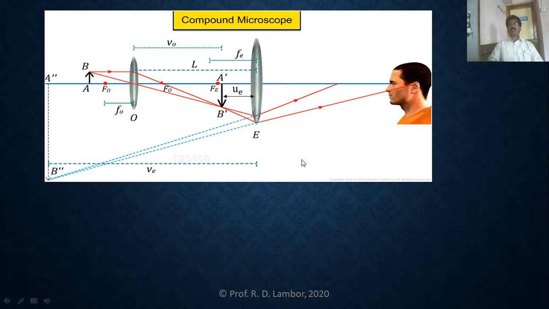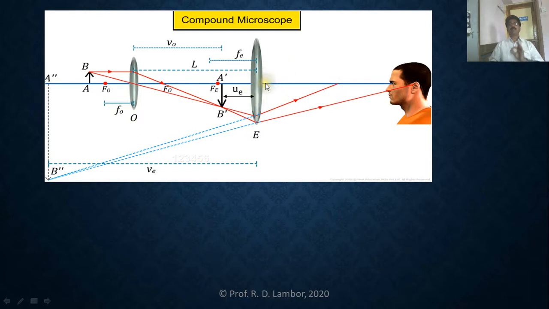So this ray diagram is again explaining formation of image by compound microscope, as there are two lenses, objective lens and eyepiece, and AB is the object, A dash B dash is the image formed by objective, and this image is acting as an object for this eyepiece, and this eyepiece is acting as a simple microscope, so produces a magnified, inverted and virtual image A double dash B double dash. So this is the image formation, and this image can be seen by keeping your eye very close to eyepiece.